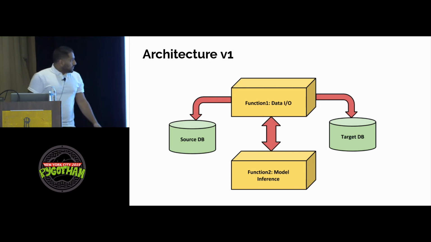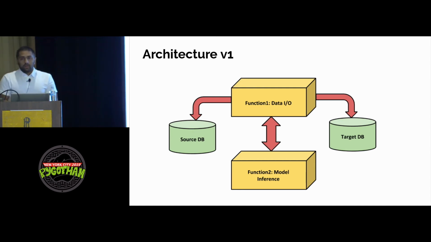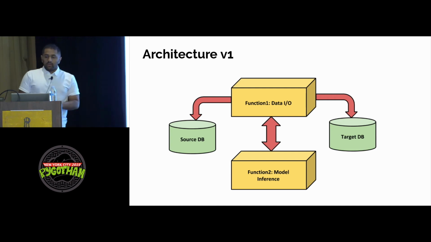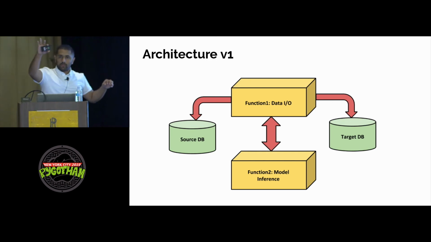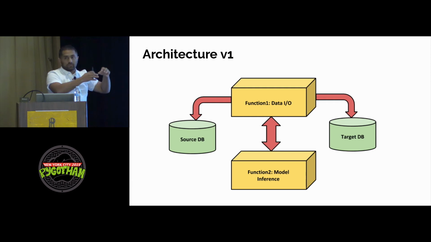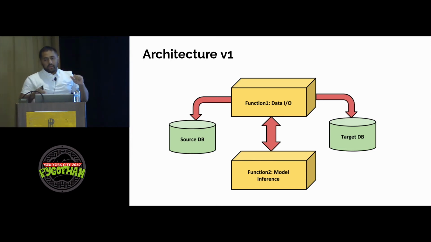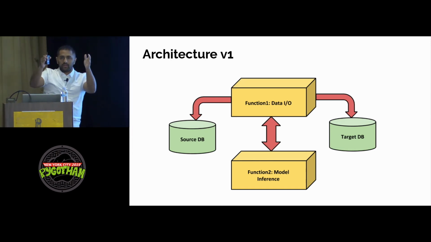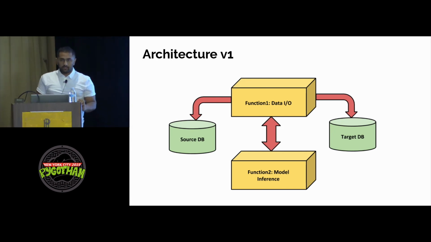So we decided that we're going to go with a serverless implementation of the software solution, and we came up with a very simplistic architecture where you have function 1, which pulls from a source database and serializes those records or passes those records across multiple copies of function 2 in a request-response model. And once it has the processed records, it just dumps that to the target database, right? Very simplistic end-to-end system.